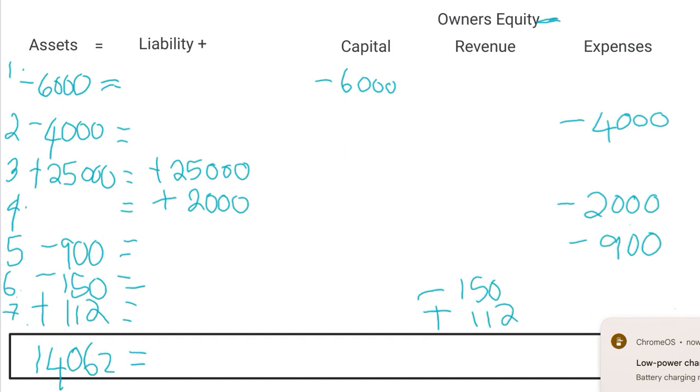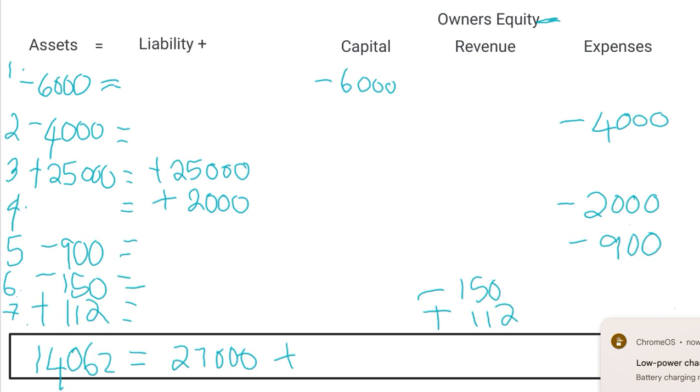So let's see. So we have 25,000 plus 2,000. This gives us 27. Make sure there's a space, right? Always make sure there's a space. So for the sake of this question, I'll write it in the box, 27,000. Now we get our owner's equity. What is our owner's equity? So we have 6,000. Then we have minus 150 plus 112. That's minus 38. Then we have 4,000,